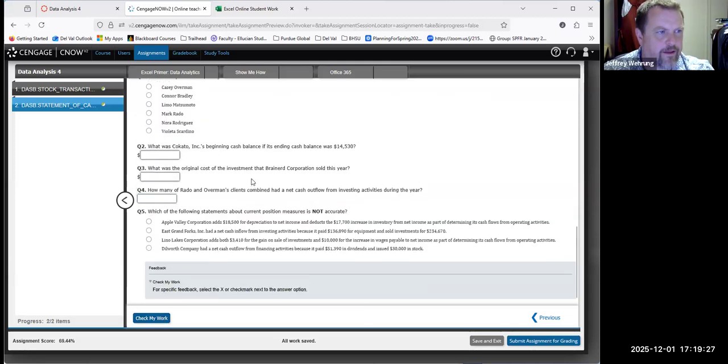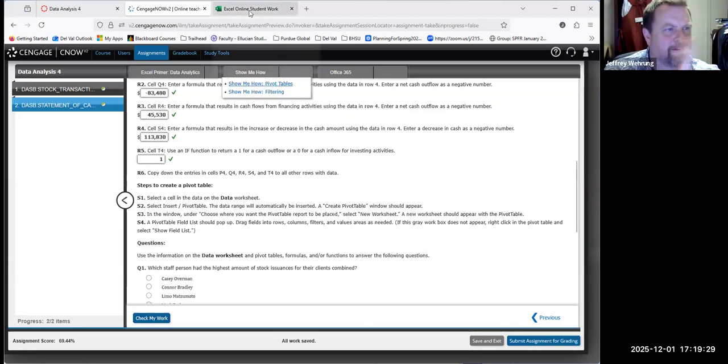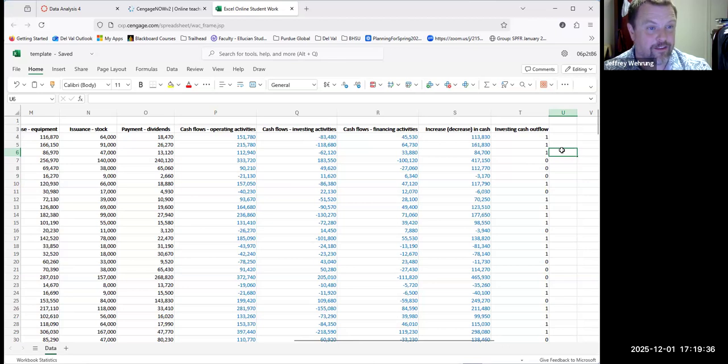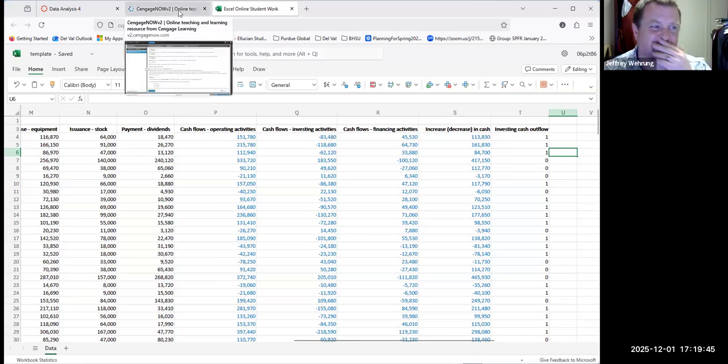Okay, copy down the cells. So we highlight all these and we copy them down. I got lucky there that investing gave me a different answer than my total cash flow. So okay,